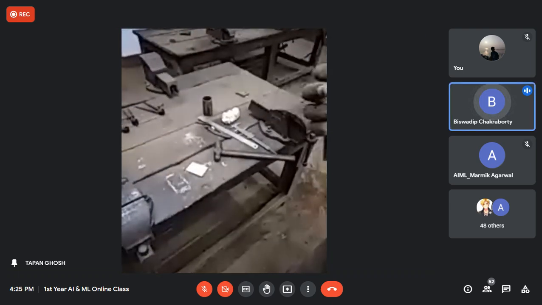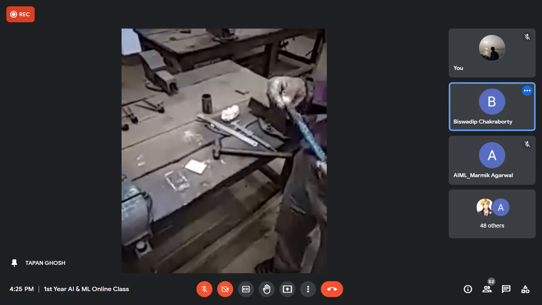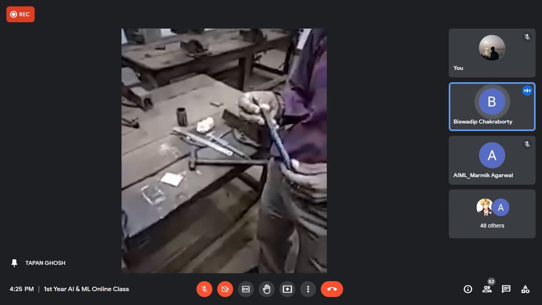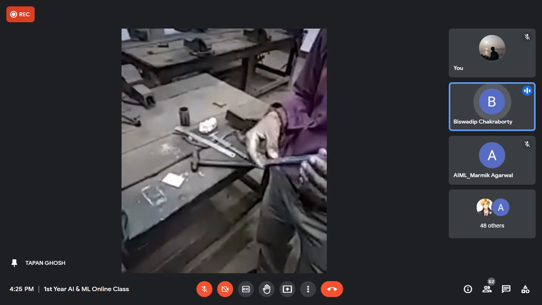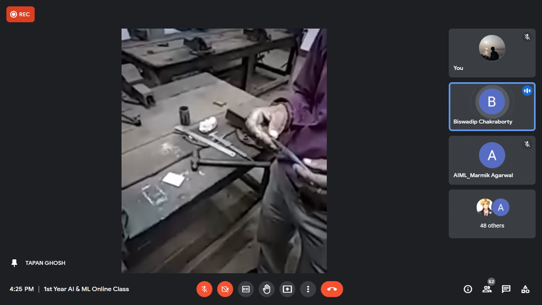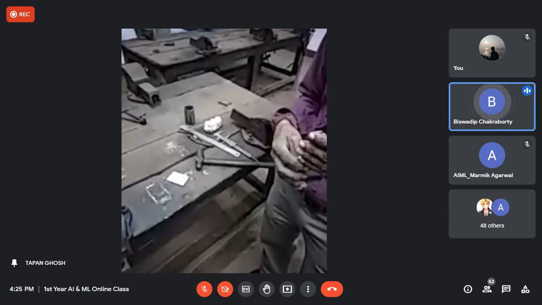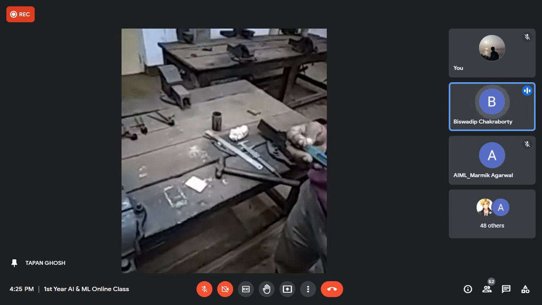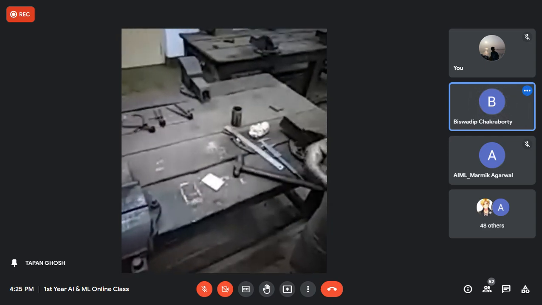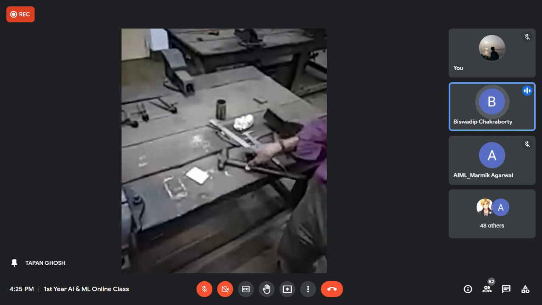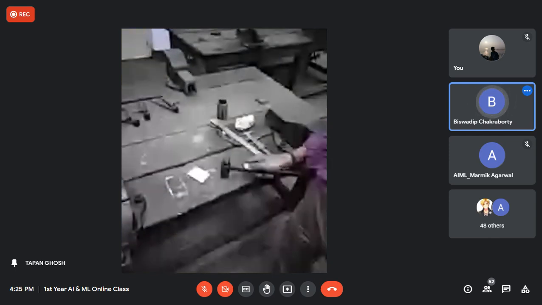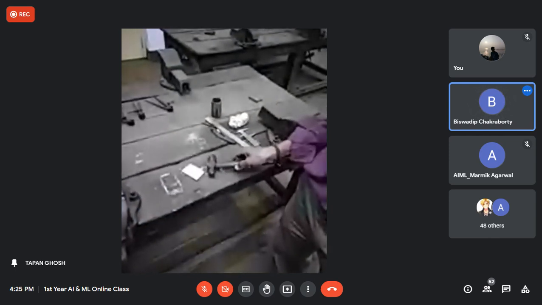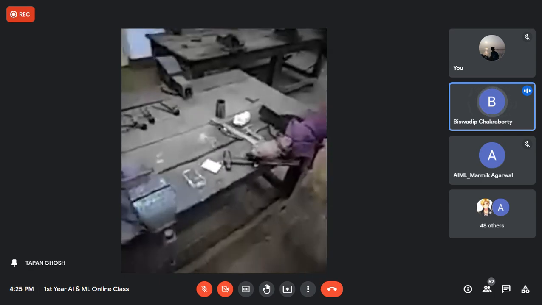Whatever jobs are given to the students, there is no need to use the chisel, but you must know that, and you have seen now that there is an instrument which comes under cutting tools, and it is a chisel. Normally, it is called cold chisel because the material is not heated; it is used in cold condition, like normal condition. That's all for chisel.